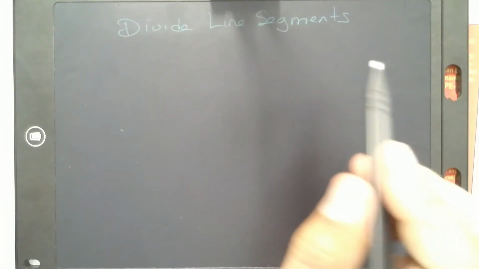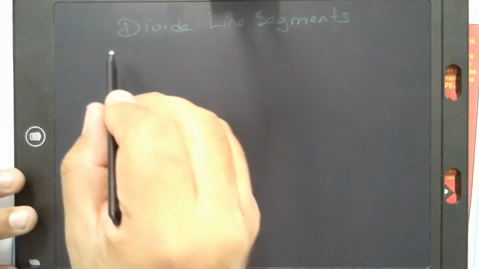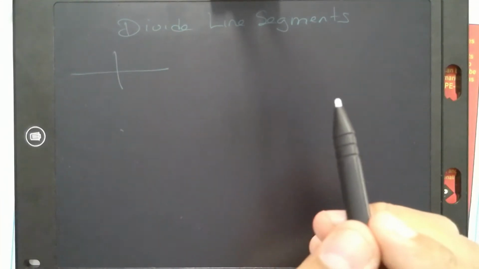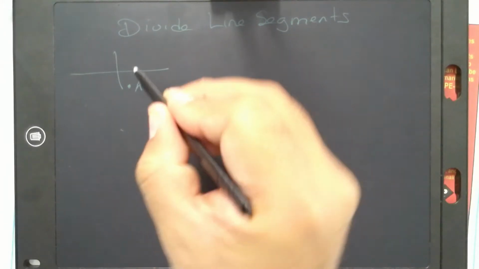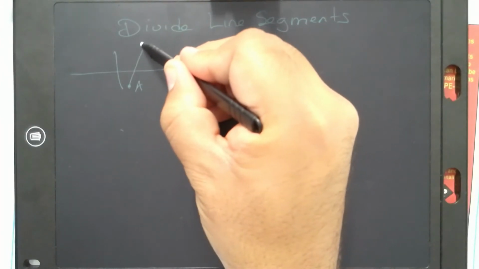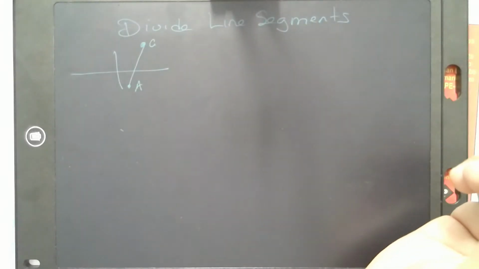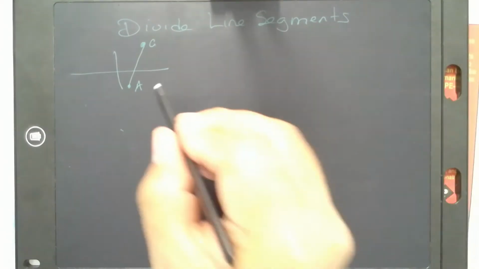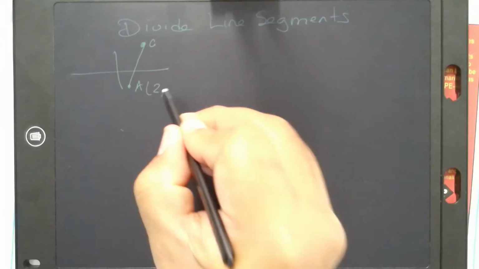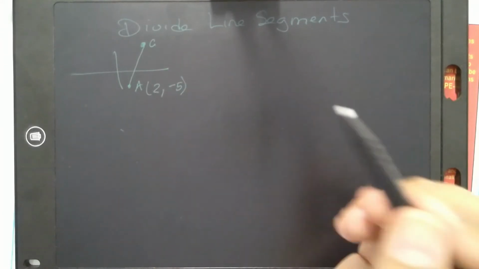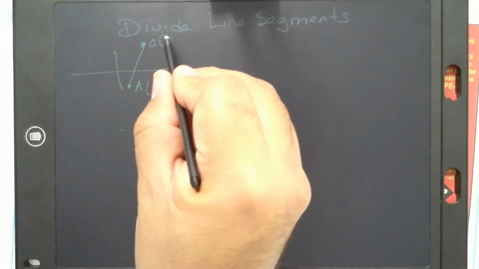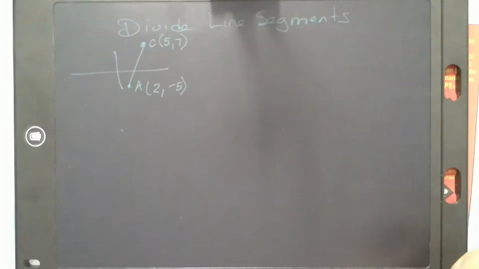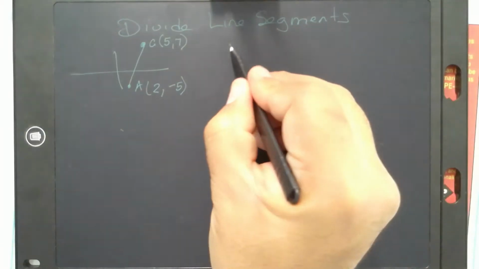We have dividing line segments. We have the coordinate grid, and it gives you point A and point C. Point A in this scenario is actually 2 comma -5, and point C is 5 comma 7. Is that correct? Yeah. All right, so we have 5 comma 7. It says find the coordinates of point B,